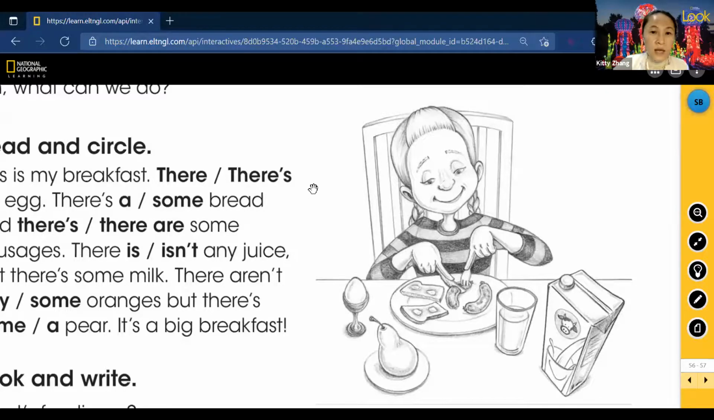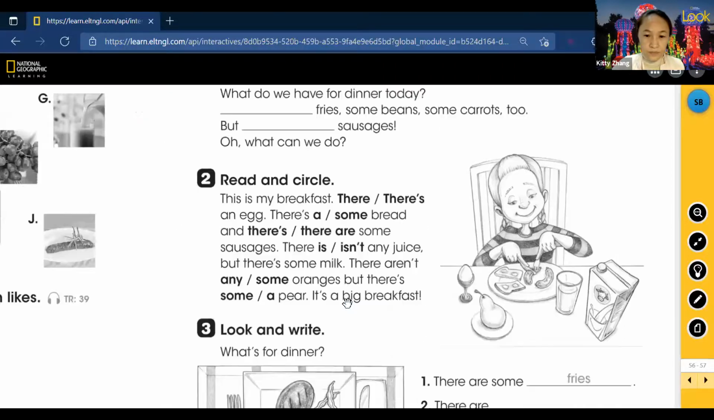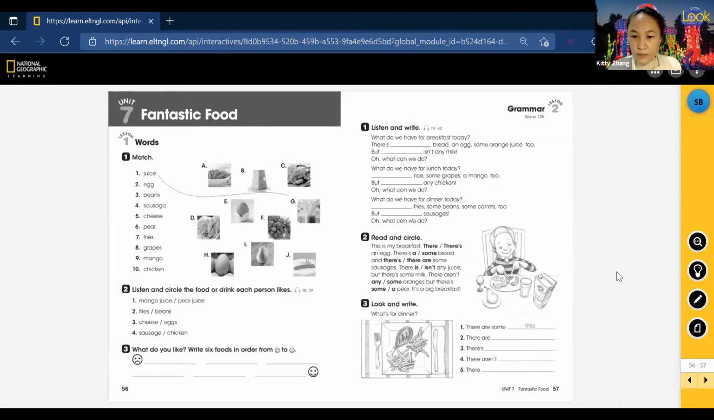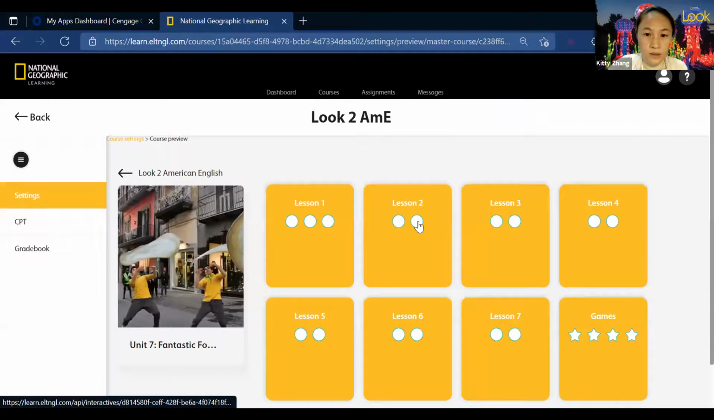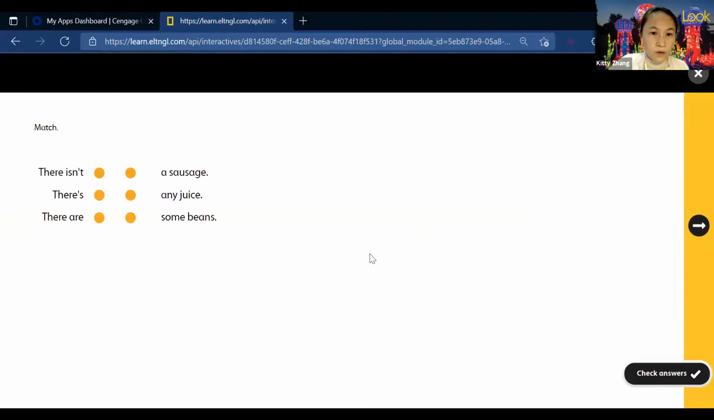Very good. And then now we can go here and do this activity, okay? Circle the correct answer. Okay. And let me also show you another possible activity we can do for practicing. All right, let's do some matching game. Okay, so we have